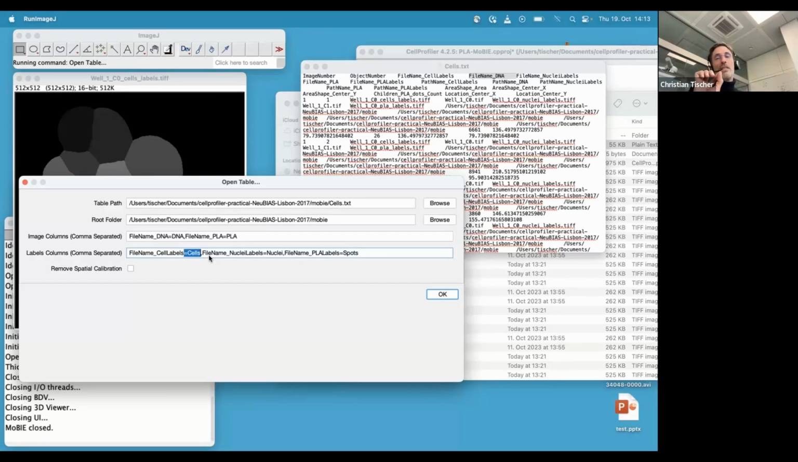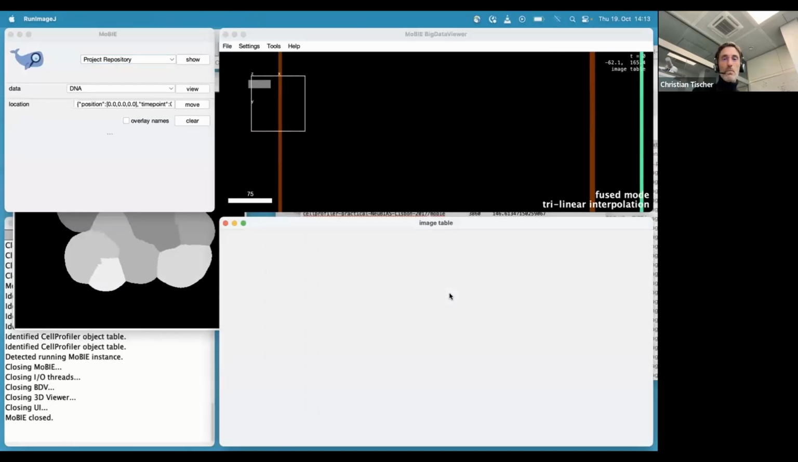This is just so that then in the MoBIE plugin, you have nicer names of things. Then this is not called file name cell labels, but it's actually called cells, right? Which is just more convenient for the graphical user interface. So you can give things basically shortcut names here in the MoBIE plugin. Okay, so then if you have that and you press OK, then